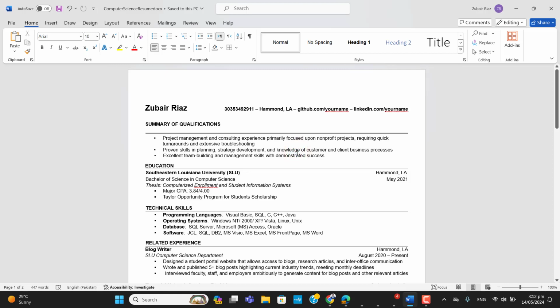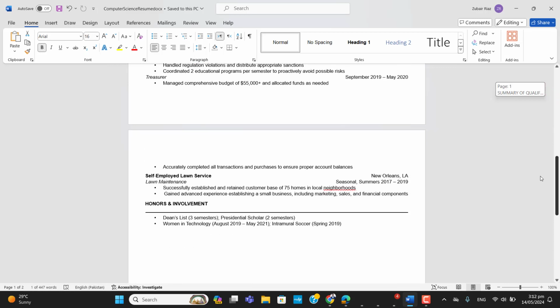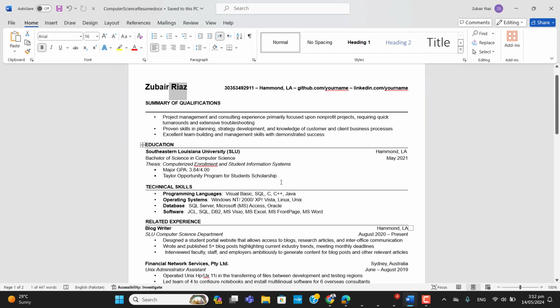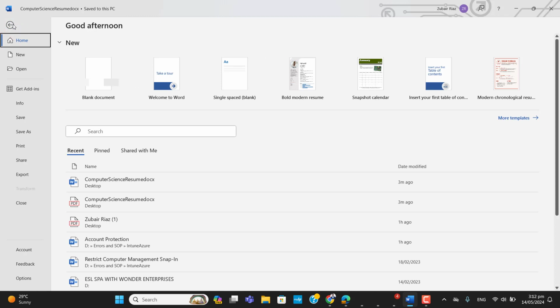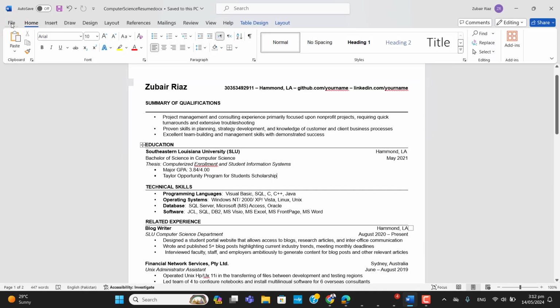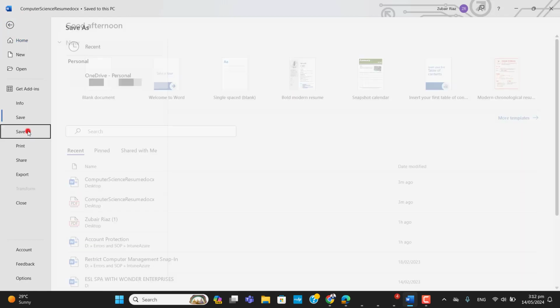So I have a Word file here and I have updated a few things here like number, name, and so on. I did not update anything else, but I can edit anything I want. So I want to save this file as a PDF, right? So I have to go to File, then I have to go to Save As,